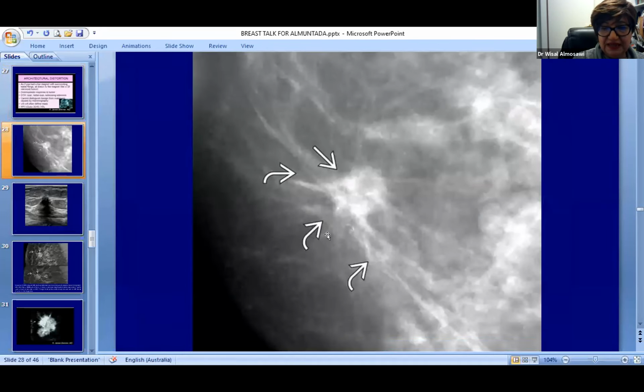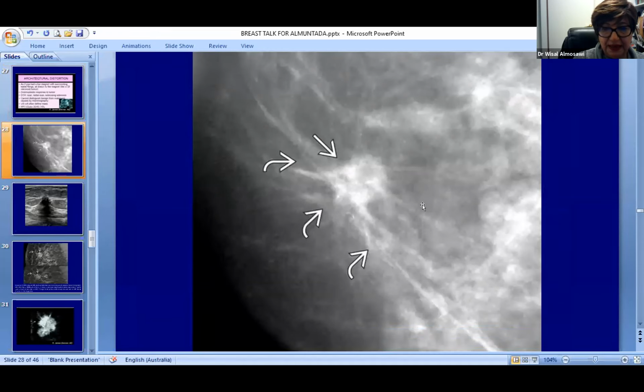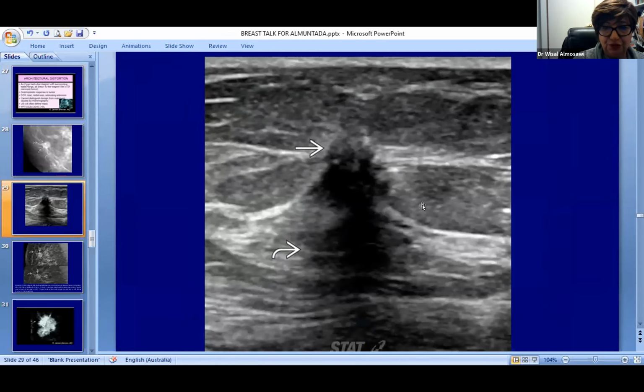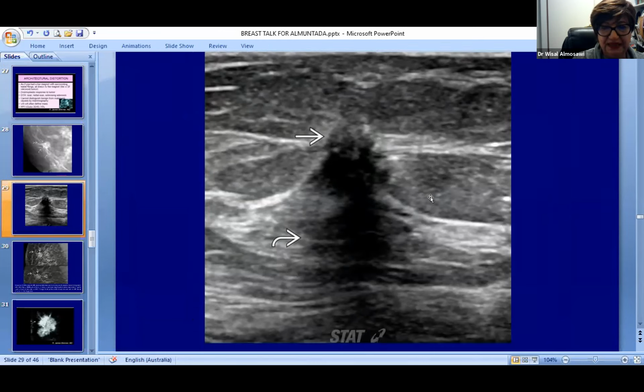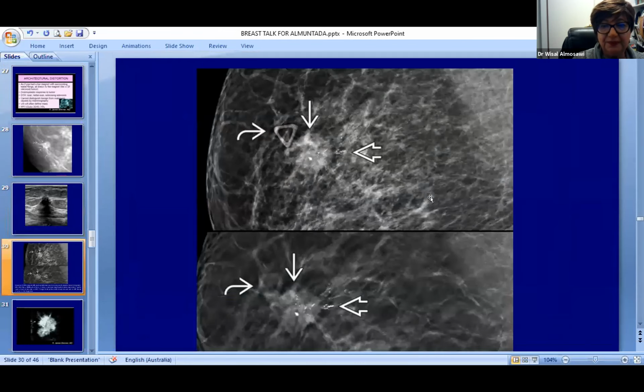And this is just an example of sclerosing margin architectural distortion. And this is a small lesion. It's probably 5 millimeters, but the fact its height is more than its width, it's cutting through the parenchyma of the breast, so it's highly suspicious for malignancy. This is a definite biopsy.